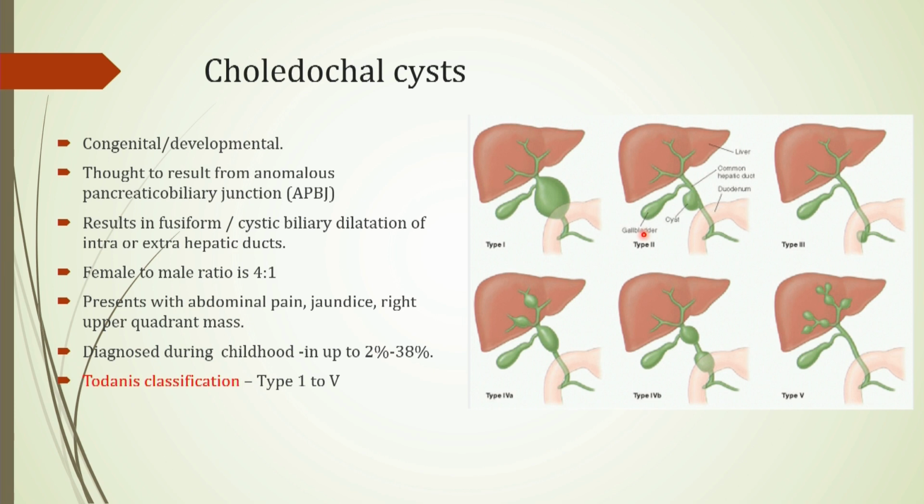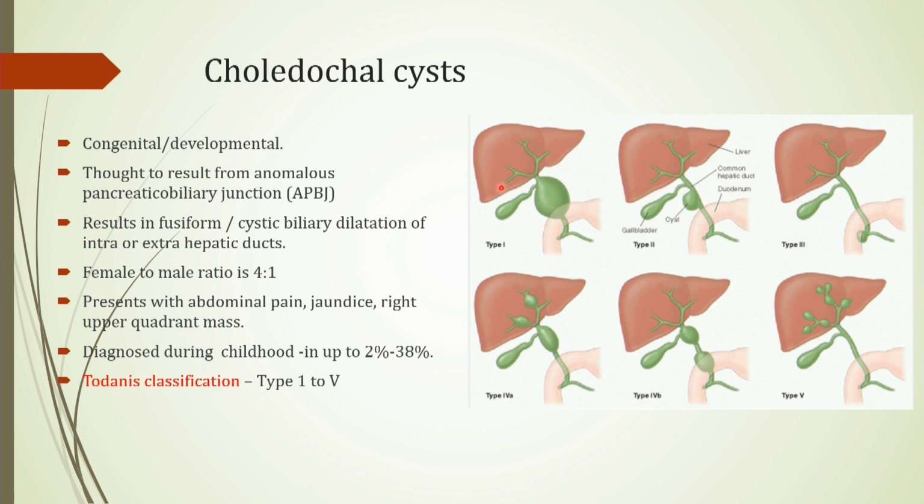Choledochal cysts can be congenital or developmental. These are thought to result from anomalous pancreaticobiliary junction. They result in fusiform or cystic dilation of the intra or extrahepatic ducts. Female to male ratio is 4:1 and presents with abdominal pain, jaundice, and right upper quadrant mass. They are usually diagnosed during childhood in up to 2 to 38% of cases, and Todani has classified choledochal cyst